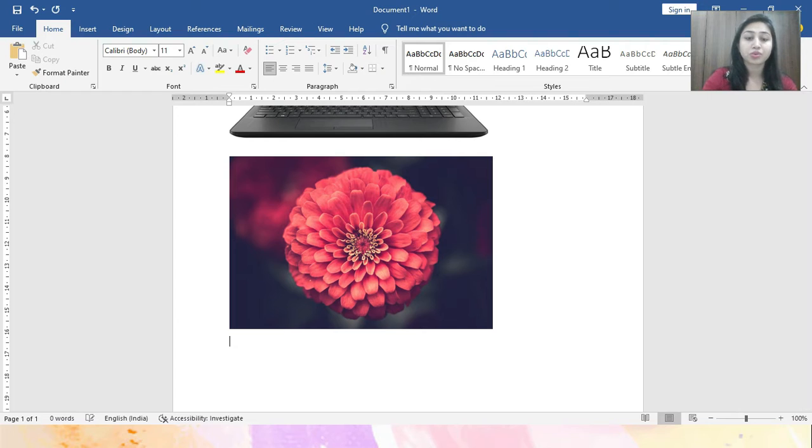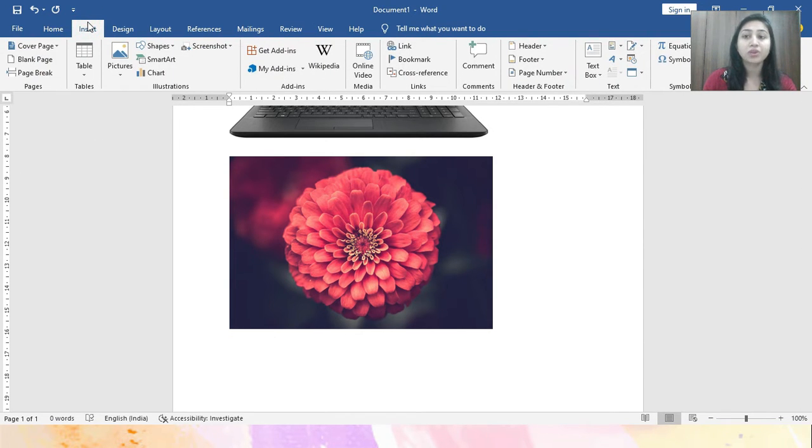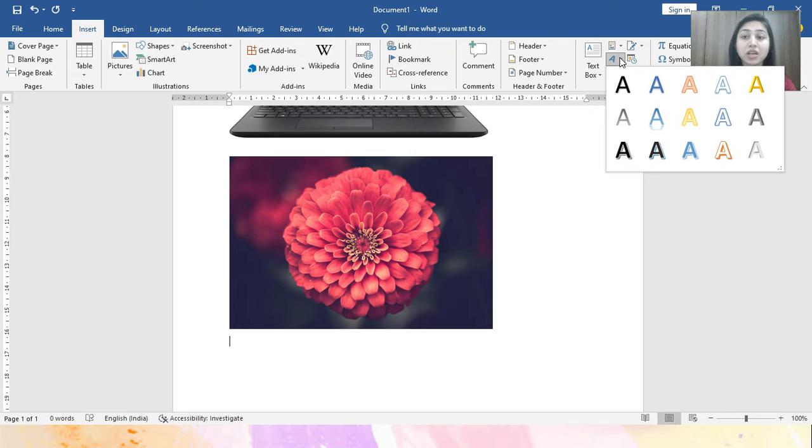Okay, so students, here I want to add my word art. Okay, so click that place on which you want to insert a word art. Now you have to insert a word art. So again you have to use the insert tab. When you click on the insert tab, you can see in the text group the word art option is available with different styles of text which is predefined with styles, colors and size.